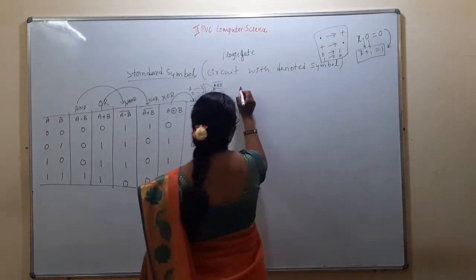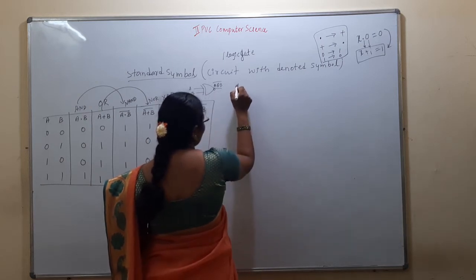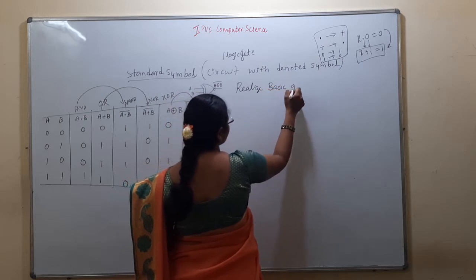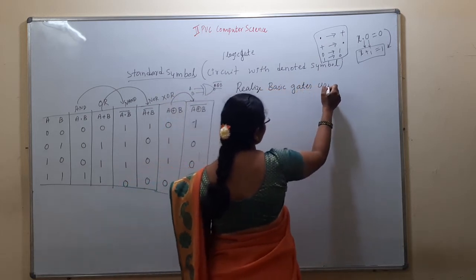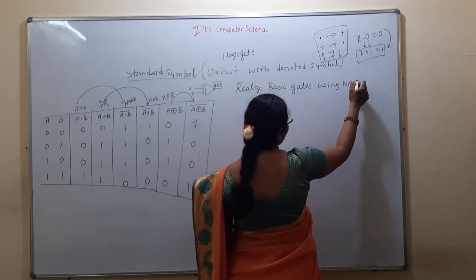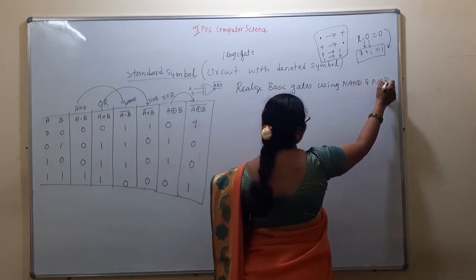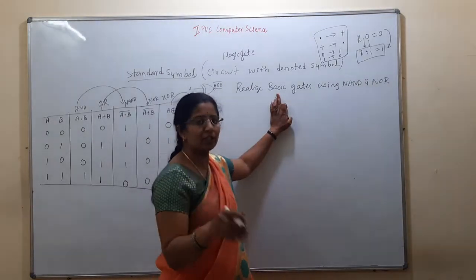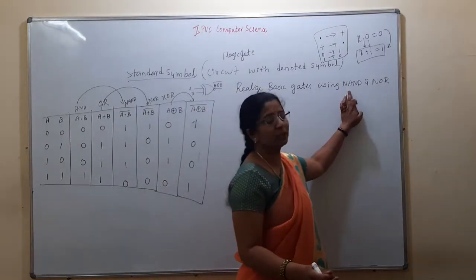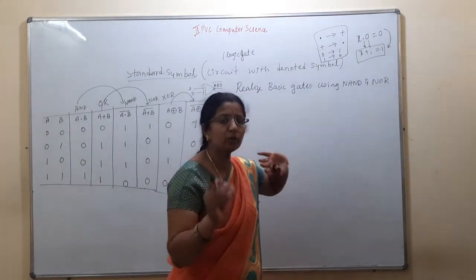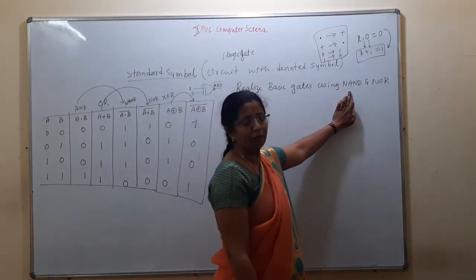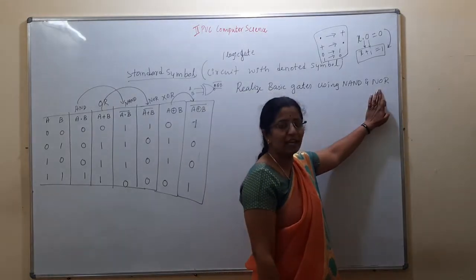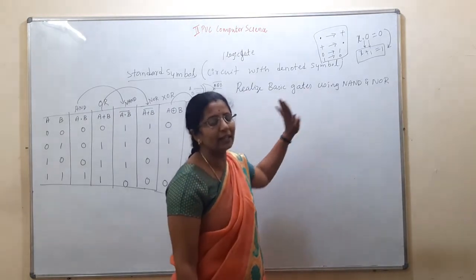The question is: realize basic gates using NAND and NOR. Many students wrote basic gate explanation, OR explanation, NOT explanation, NAND explanation and NOR explanation. Few wrote one circuit of NAND, that means one realization of the NAND, with the 3 circuits what it does there, that they have written.